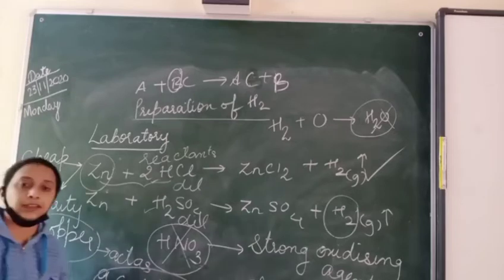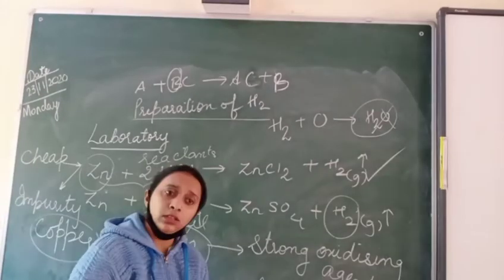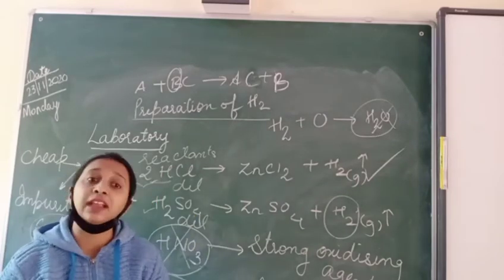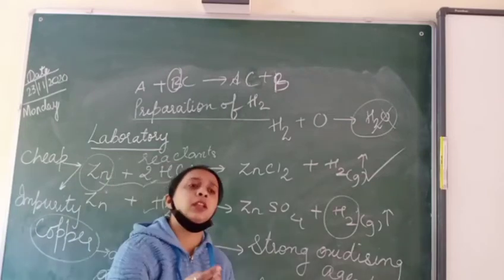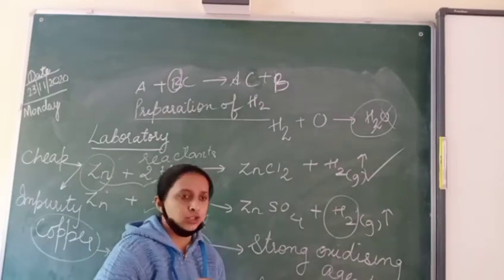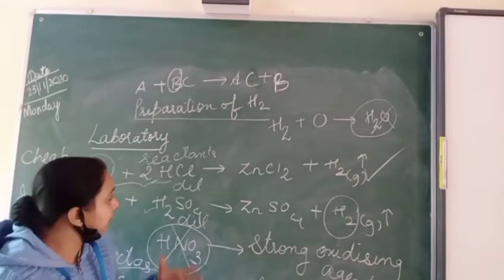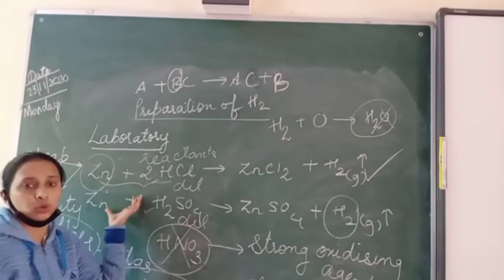Because these reactions sometimes take more time to complete, and we want a reaction to complete in a short period of time. So for that we usually require a catalyst. Other metals are somewhat more expensive than this. Okay, are you getting? दोनों condition पता चल गई reactant के बारे में? The product is what? This is a salt, है ना? And we have hydrogen gas.